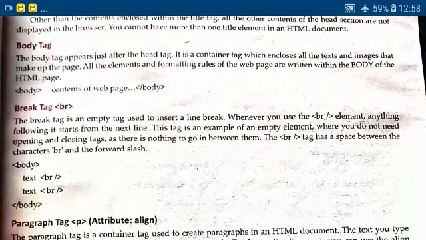See how you will write BR. When you write inside the body, an output example is given. You will write the body tag. After the body tag you will write some text, then you will start an angle bracket and write BR. In between BR and the slash you have to give some space, and then you close it. Another line has the same text, then the BR space slash and close tag. Then next you will close that body tag. This is the BR tag which you will use in your text.